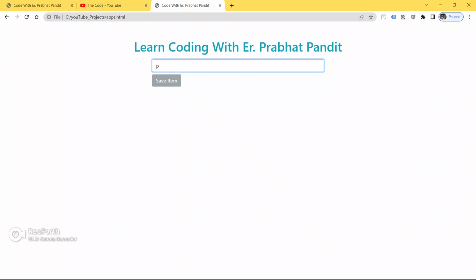Okay, so to make this button enabled, guys, we have to put at least 5 characters in the input box. So put Prabhat. See, now the string length is 5 and the button is enabled. Now we can click on the button. Now let me remove a character. See, the button is disabled again as soon as I remove one character. The string length is 4, put H. Now the string length is 5 and the button is enabled.